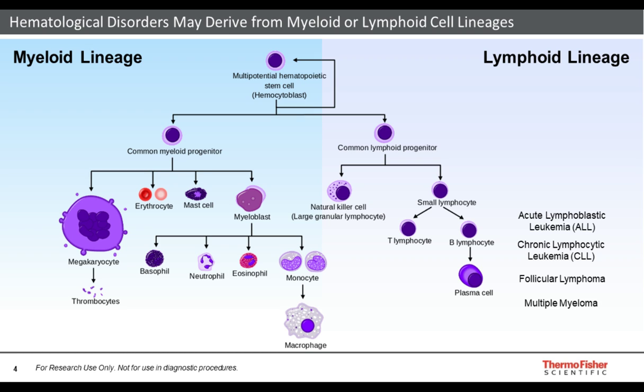So when we talk about Haemato-Oncology disorders, those can be either of myeloid or lymphoid lineage cells. Within the lymphoid lineage cells, a subset are relevant to the immune repertoire analysis, and those are the T lymphocytes and B lymphocytes. B lymphocytes give rise to malignancies more often than T lymphocytes, and those are the primary focus of this presentation. Now, depending on the developmental stage of the B cell, one can observe a number of different cancer types, some of which are shown on the right side of this